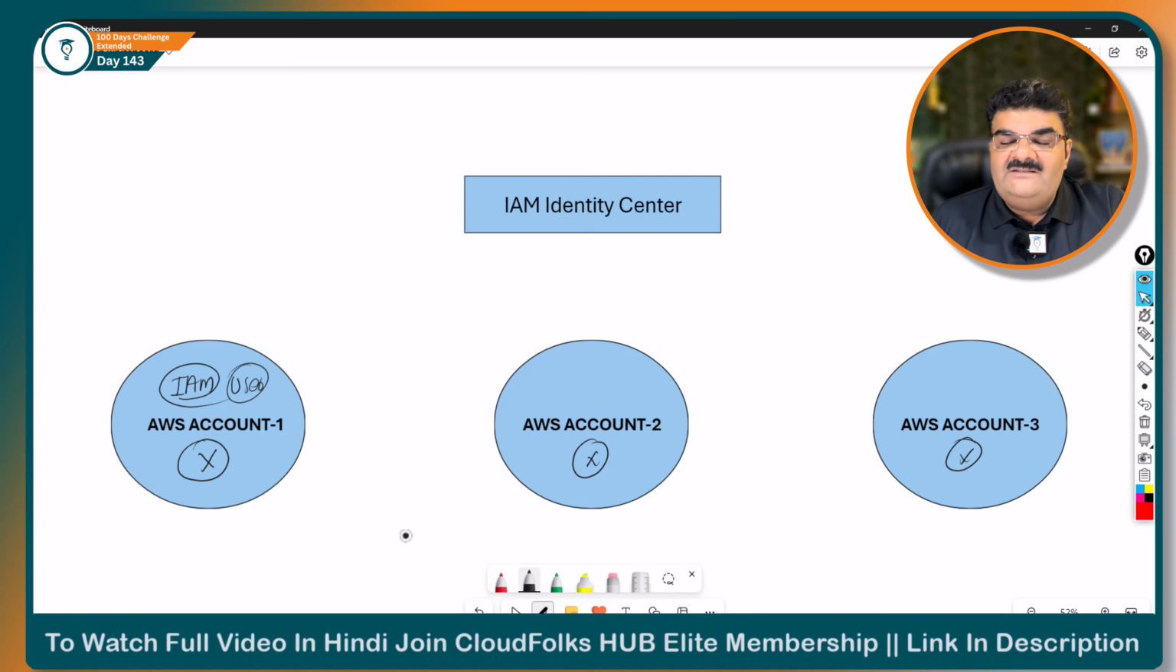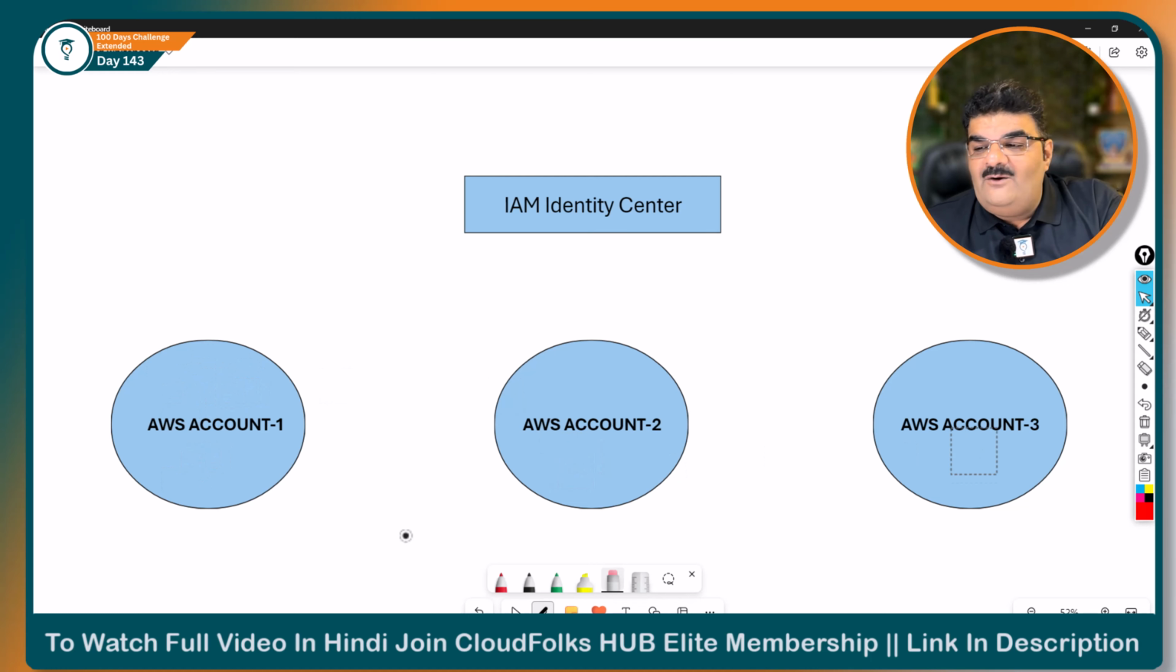The problem is I have one user X, but X has multiple AWS IAM accounts for account 1, for account 2, for account 3. This user needs to manage 3 user accounts, 3 passwords. Now, if you don't want to do this, we have a very simple process over here. We can connect